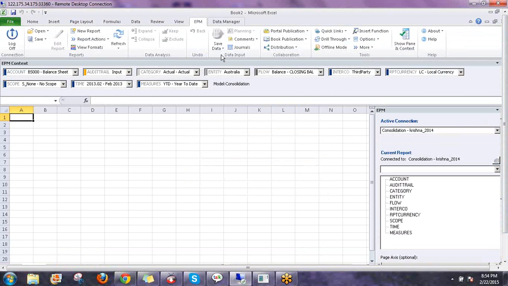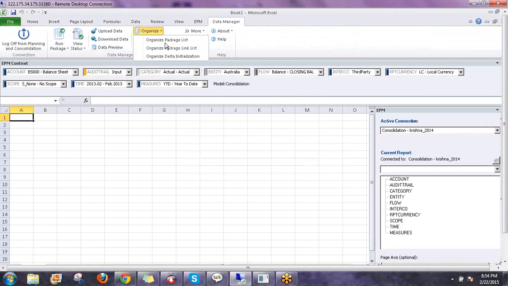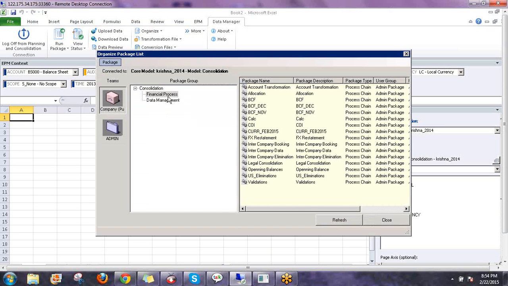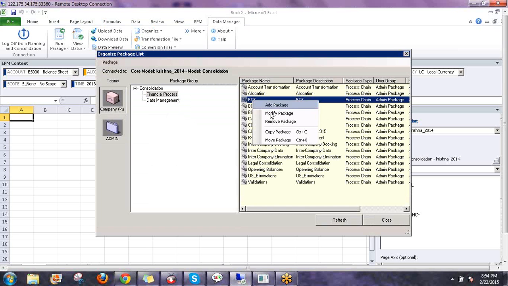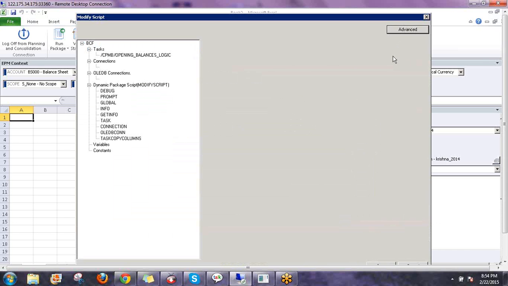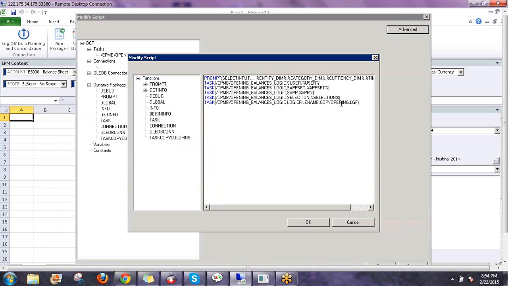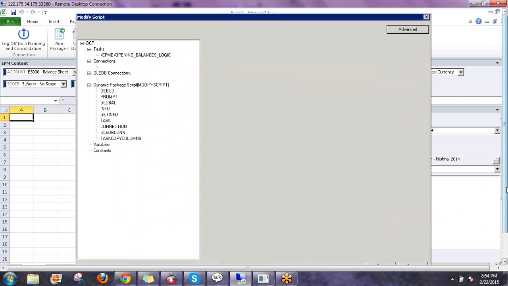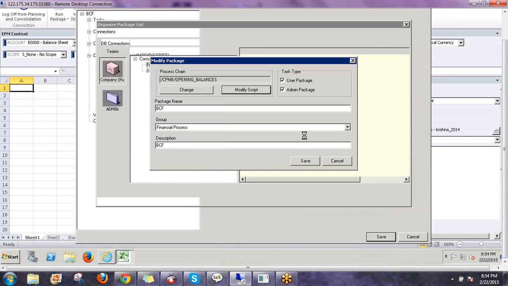So go to the data manager package, organize package list. So yesterday I showed you once again how to maintain that. So I have already created it. If you want to see the package name, modify script, advanced script. This is the file name which I have created, copy opening.lgf. So the same file name I am using, and I have created